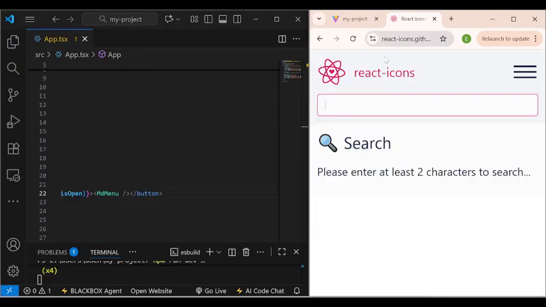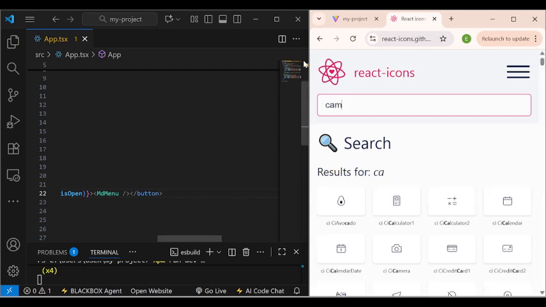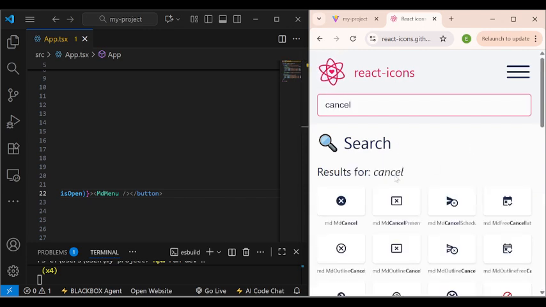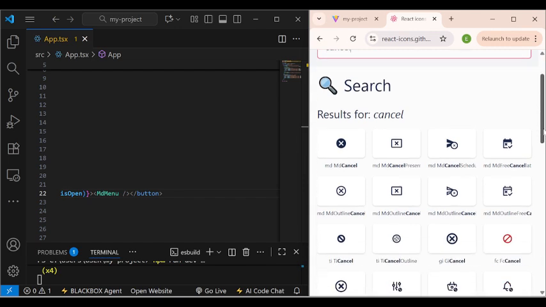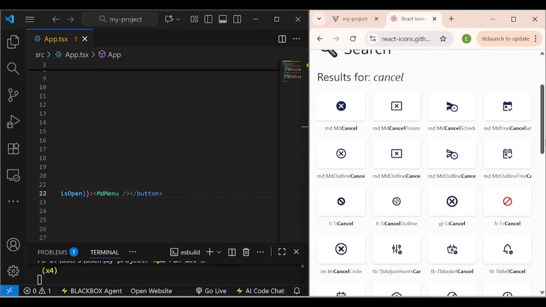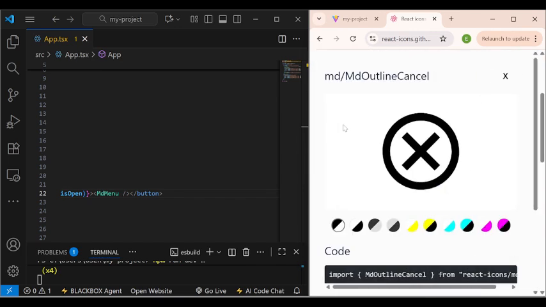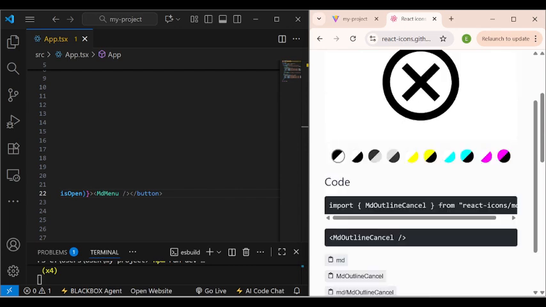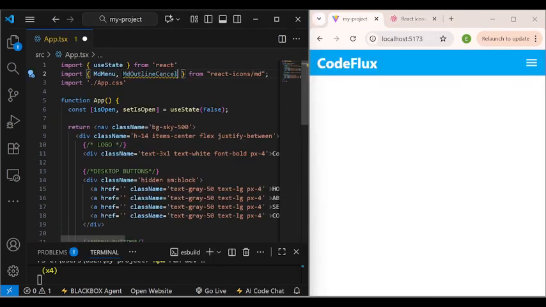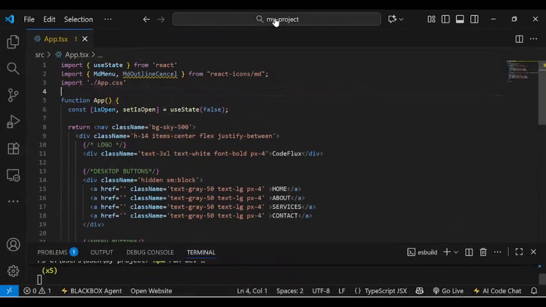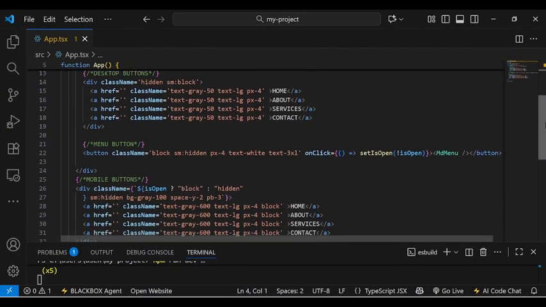From React Icons, we need more. We need a cancel button so that when we click, let's use this one. We'll be using this one as the cancel button. So we add it to what we are importing from React Icons, and we bring it down to use it here